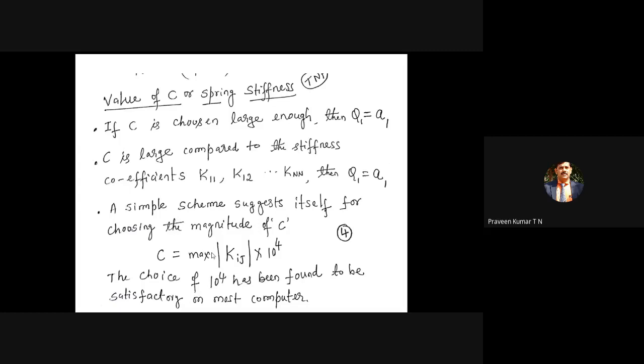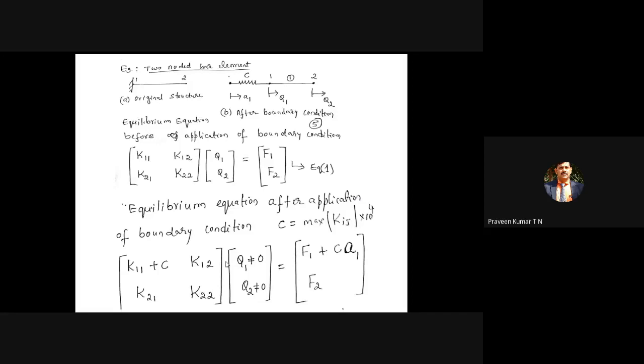This is the maximum Kij in the global stiffness matrix. We have the maximum value, let it be 10 to the power 3 into 20. For that you have to multiply by 10 to the power 4. That is almost like multiplying the stiffness value by 10,000 times. These are some of the examples. Imagine it is a two-noded bar element, or even a thermal element, this also holds good, where instead of Q1 and Q2 in a heat transfer problem, the temperatures T1 and T2 will be given.